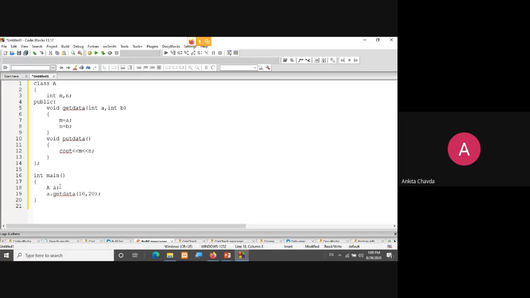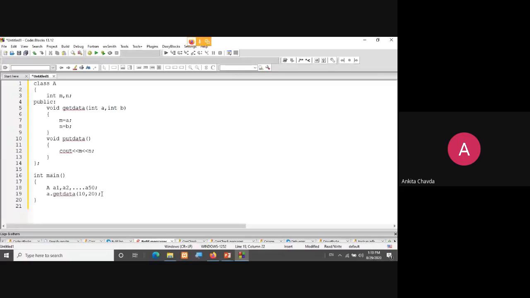If this is only my single object, fine. But say suppose I'm having many more objects, say 50 objects, A1, A2 till A50, right? I need to write this line 50 times, or I need to call this function get data 50 times.